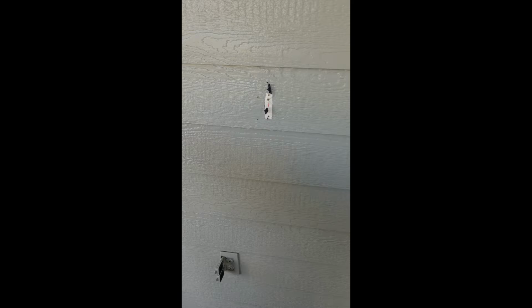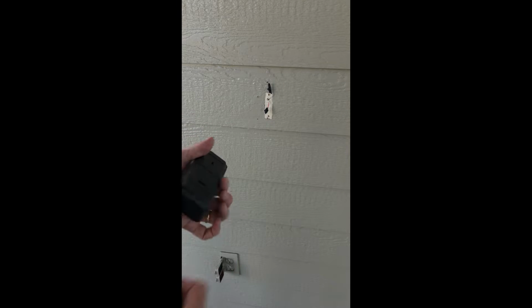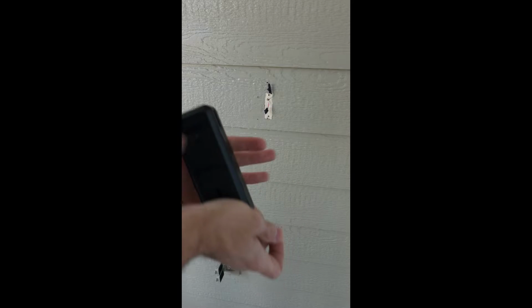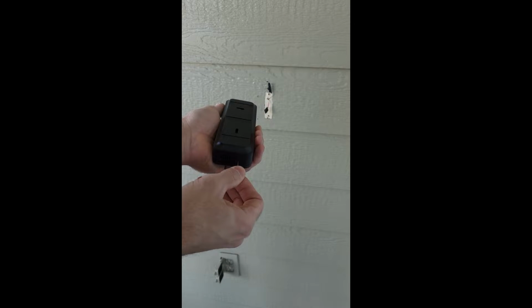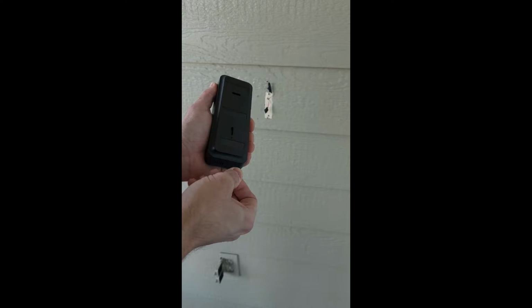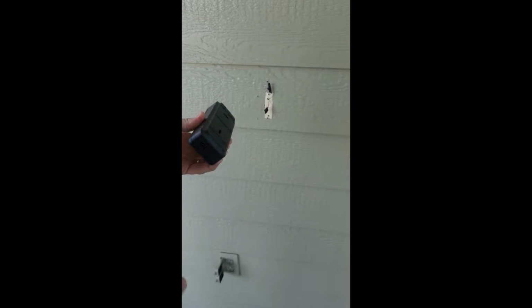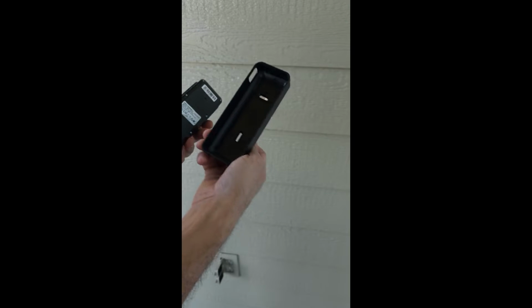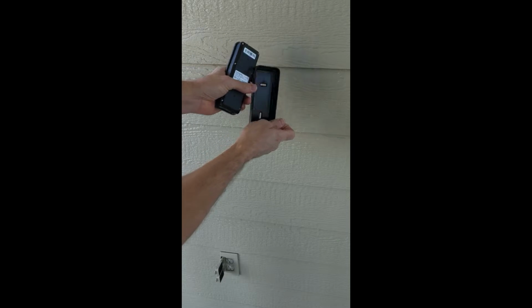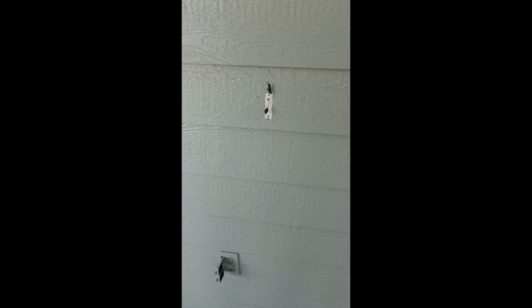Okay, my friends, so here we are. In order to get the back of the case off here, to install, just press this button in there. It should release that. Once that's released, that just comes off. So we're going to attach this on there, and then we're going to put the camera on. Okay, so now that that is done,